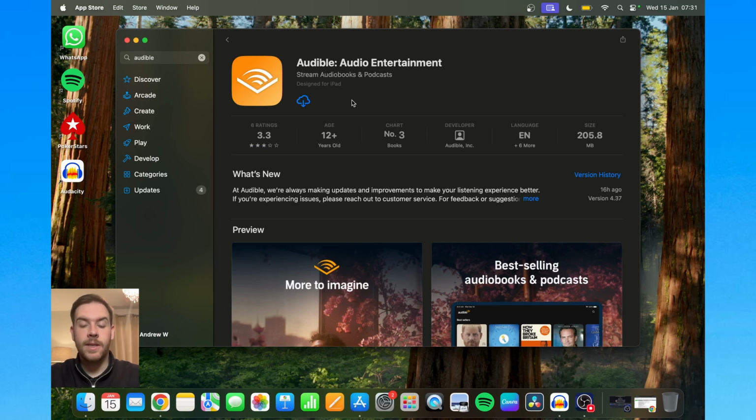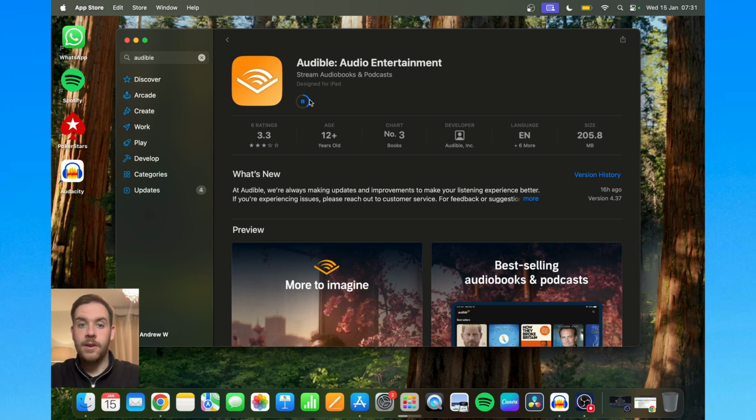This just means that I've downloaded Audible, maybe not on specifically this device, but on my App Store account in the past, maybe on my iPhone or another device or whatever. For you, if you've never downloaded Audible before, you will have a button that says GET, the Get button. Either way, press Get or press the cloud icon with the downwards pointing arrow, and that's going to start the